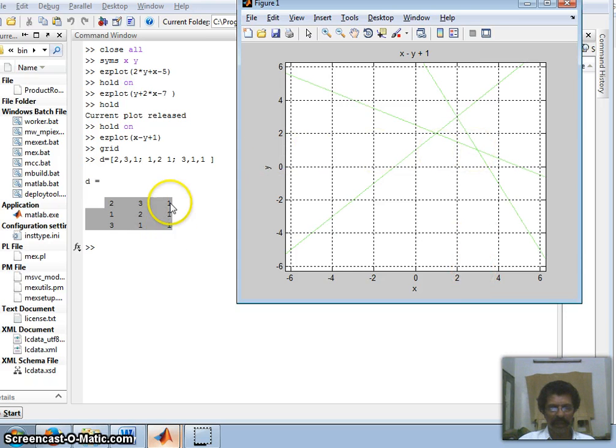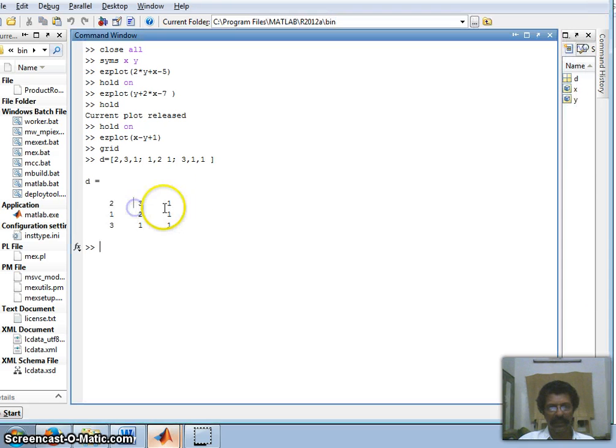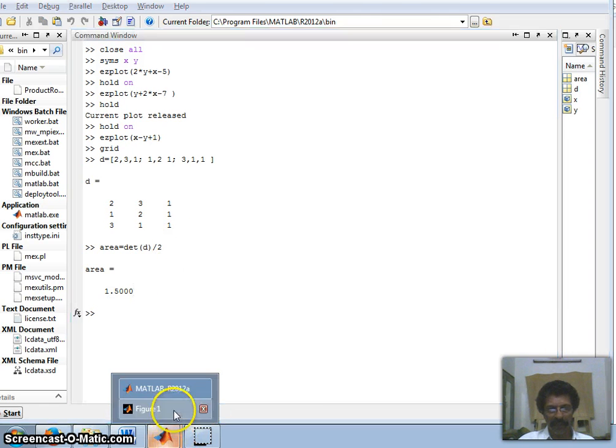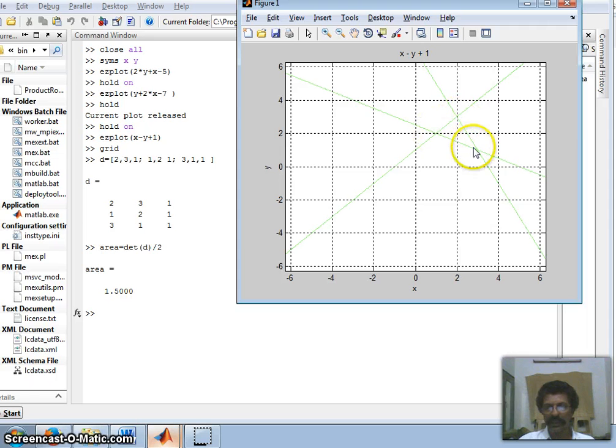The last column I made 1, because that is the formula with x1, x2, x3, the points of intersection. Then I can get the area by the determinant of D divided by 2. This is the formula for the area of a triangle. Therefore 1.5 square units is the area of the triangle formed by the points of intersection of